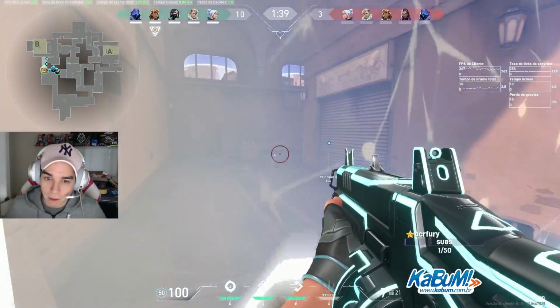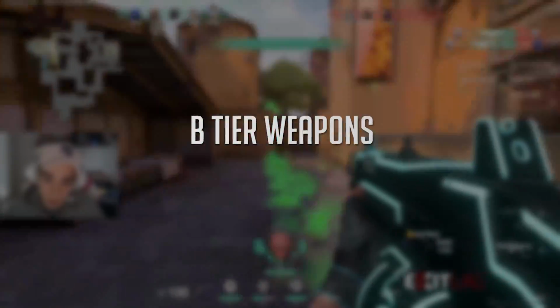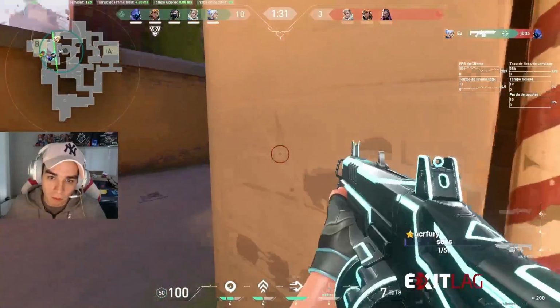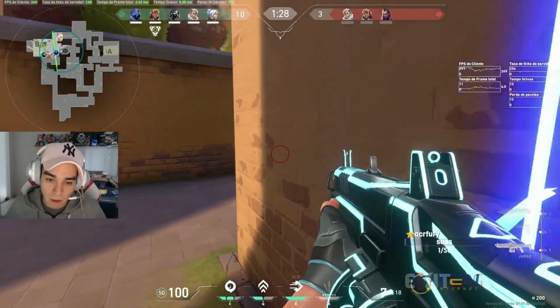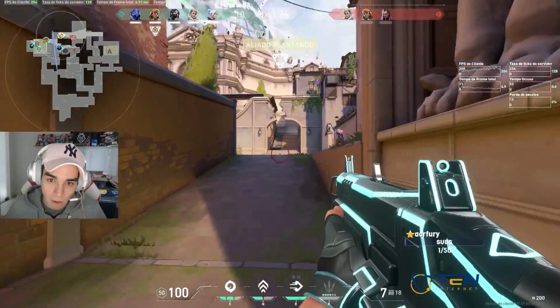Now, moving on to the next tier, we gotta talk about the B tier, which are weapons that have seen pro play by certain players or in certain strategies. They're very good guns. They're capable of getting a lot of value in your ranked games as well, as long as you understand how to use them, you understand the win condition behind them, and how to set up engagements